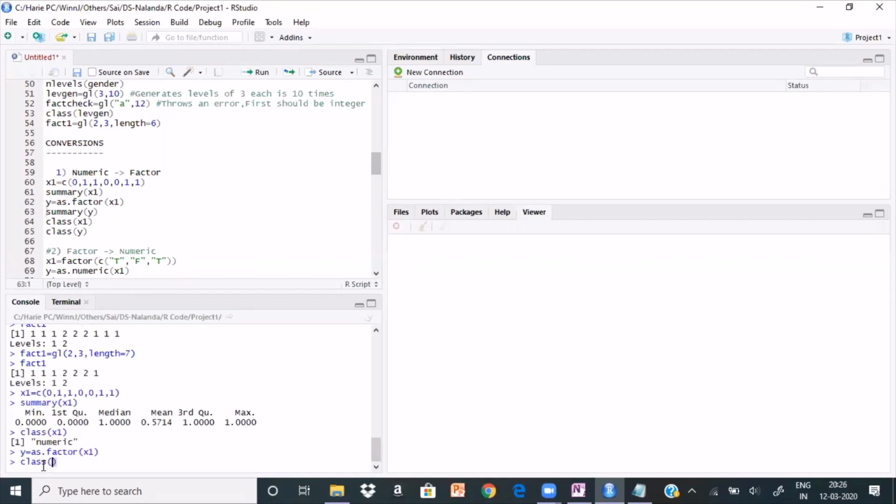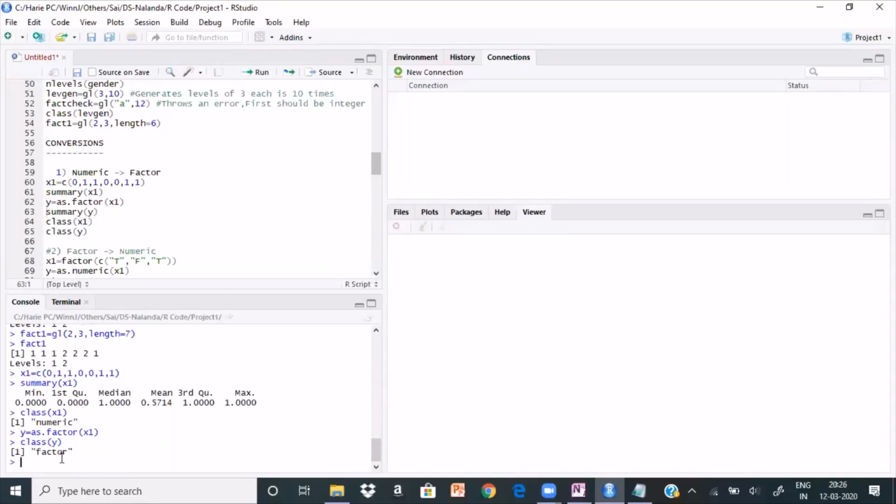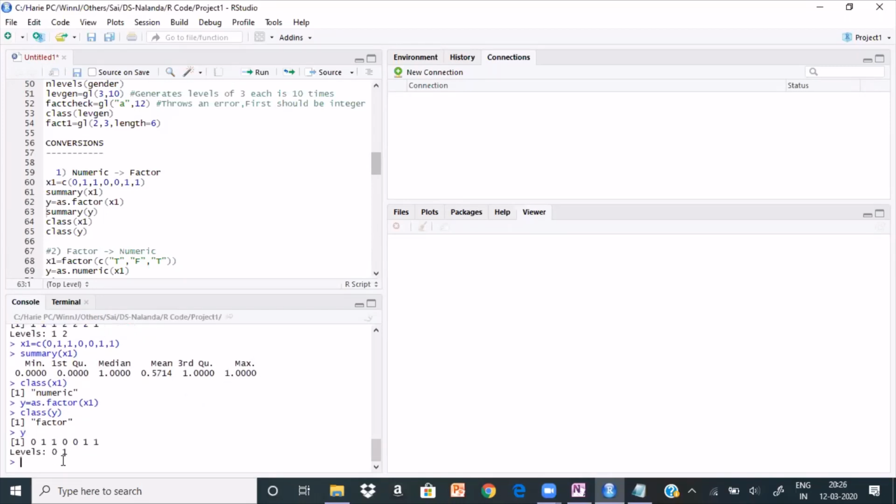Now I wanted to know what is the class of y. Immediately it is showing me factor. So if I type y, what will it show you? It will show you all the values which have been created here on the top, but it is also showing me my levels 0 and 1. Hope this is clear to you guys.